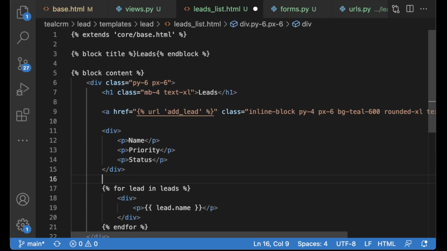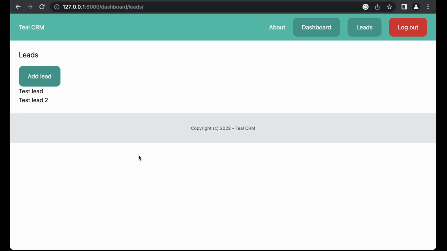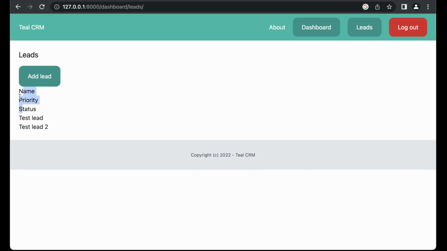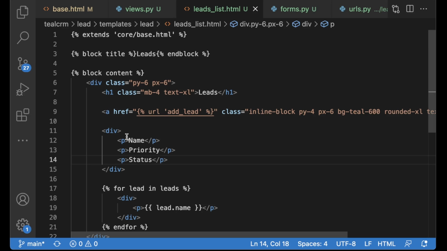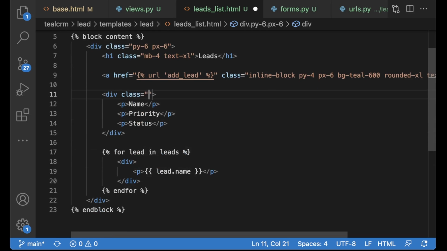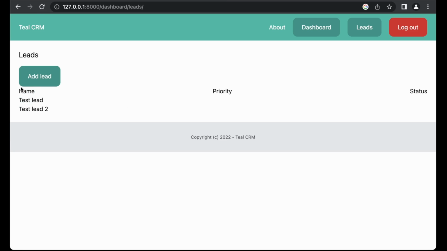Status. And then if I now save this, you will see that these are on different lines, but I want them listed out and over the screen. So just a div class, flex, and justify between. So now all of the available space will be added between these.